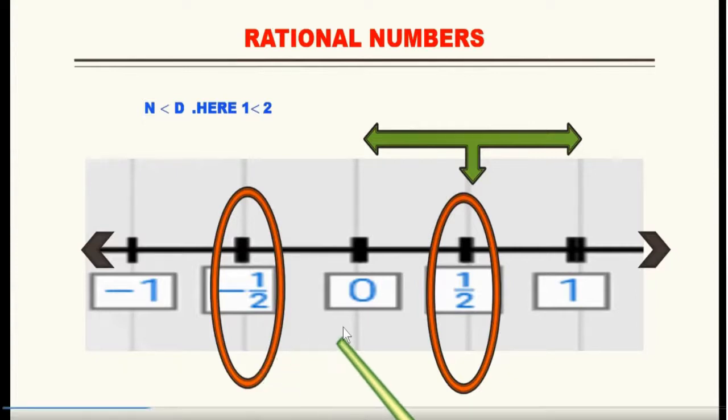You have to repeat the same procedure. Take two equal parts between 0 and minus 1 and mark the first part from 0 towards the left. This time you have to mark towards the left because we are taking the negative rational number. So, mark the first part towards the left and plot it as minus 1 by 2 and circle minus 1 by 2. Thus, we have plotted half and minus half on the number line.